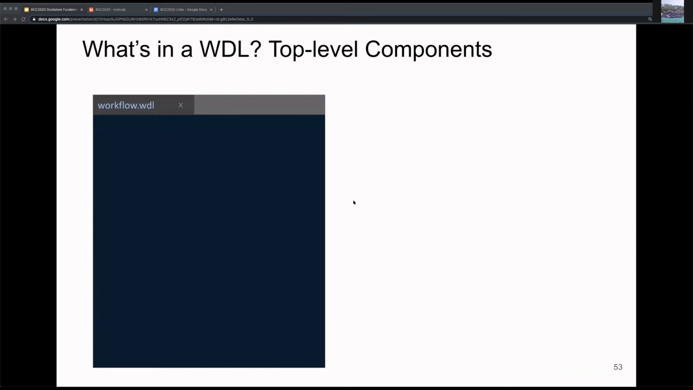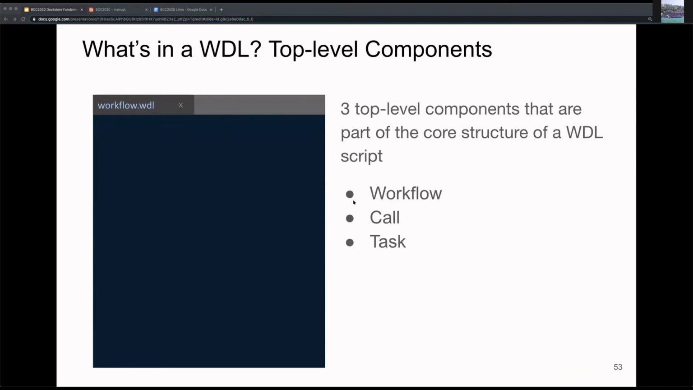So WDL has many features that you can use to do some cool analysis, but my main goal today is to go over some basic fundamentals so that you can use these fundamentals to understand more powerful features described in the WDL documentation and in later tutorials. So let's go. The three top level components that are part of the core structure of a WDL script